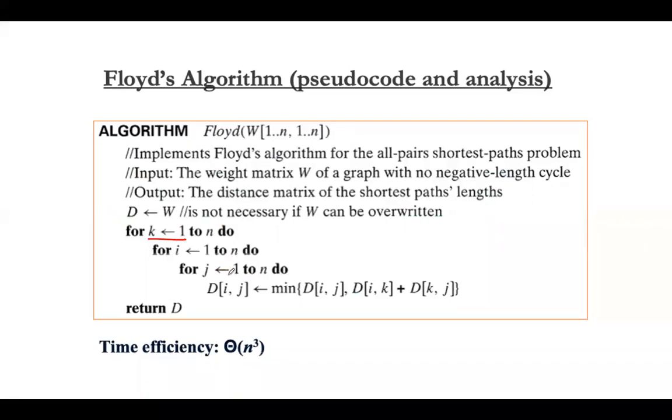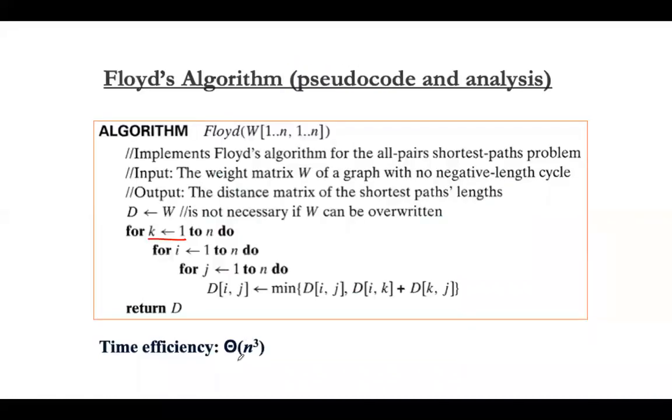So this is the algorithm. The algorithm is nothing but the steps we have followed. Since 3 for loops are there, its complexity will be n cube. If 2 for loops, it means n square; each for loop runs n times, so the complexity will be n cube. Is it clear?